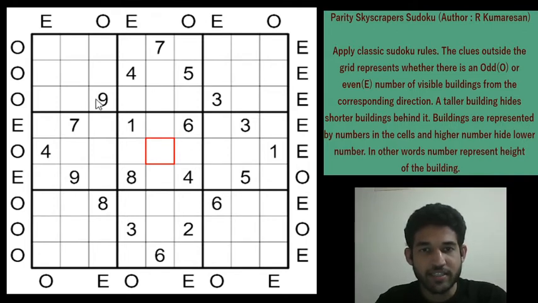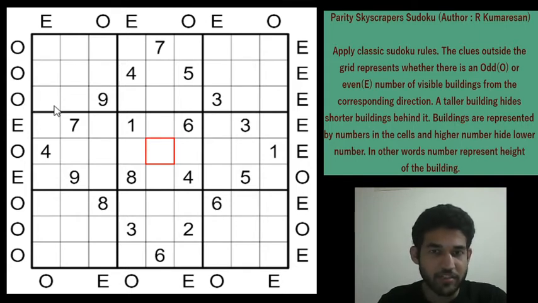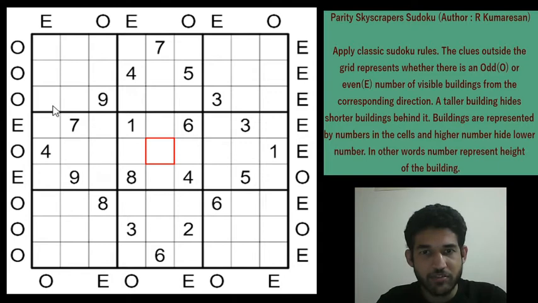So all the digits are buildings and the clues given outside represent how many buildings you can see from the corresponding direction. In a normal skyscraper Sudoku, the clues outside will all be numbers. However, here there is a twist to the tale. Here all the clues have been changed to their corresponding parity. So if you have an even digit here, it can only be 2, 4, 6 or 8. So we don't know how many buildings we see from the corresponding direction. Rather, we know only whether we see an even number or an odd number of buildings from the corresponding direction.